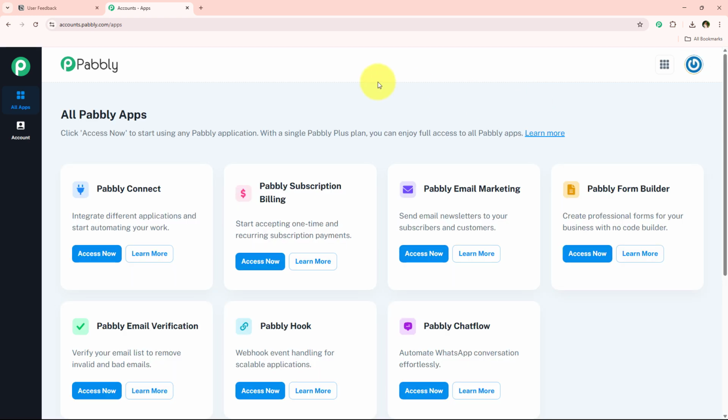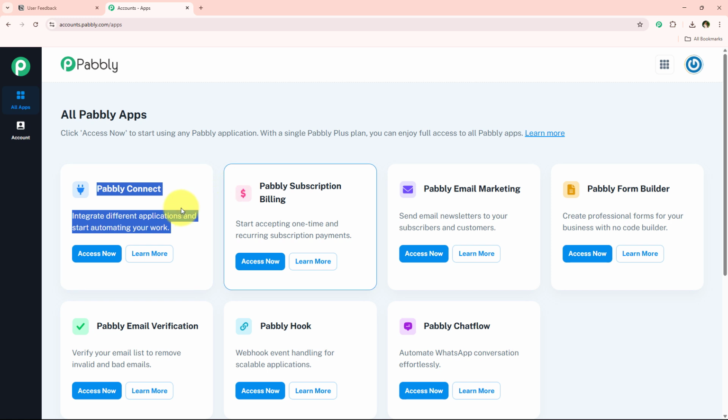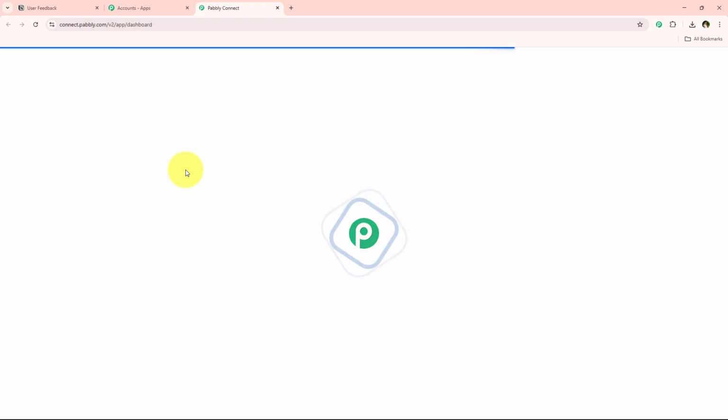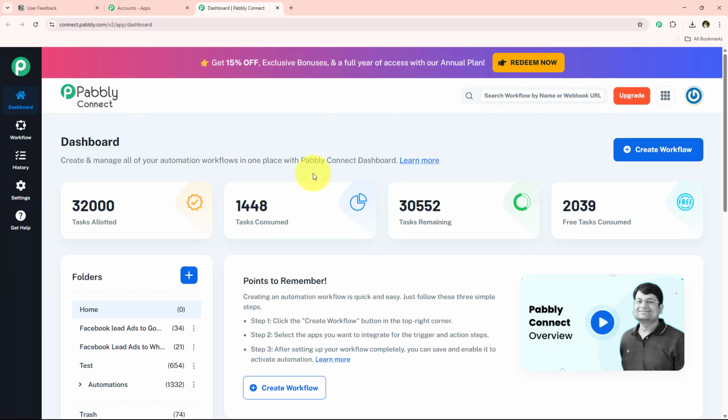And once we're going to click on this sign in, it is opening all Pabbly apps, and over here you can see all the tools and applications offered by Pabbly. But in today's video we are going to use Pabbly Connect because we are connecting different applications. So I'm simply going to click on this access now right over here to access my Pabbly Connects account. And once we're going to click on this access now, it is opening my dashboard,